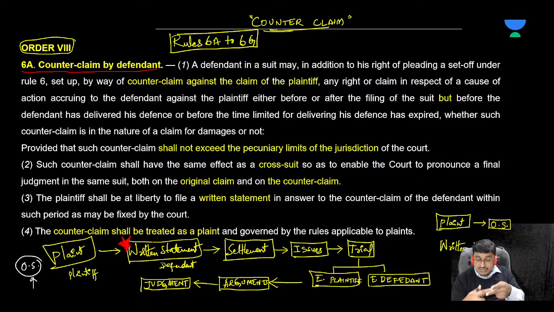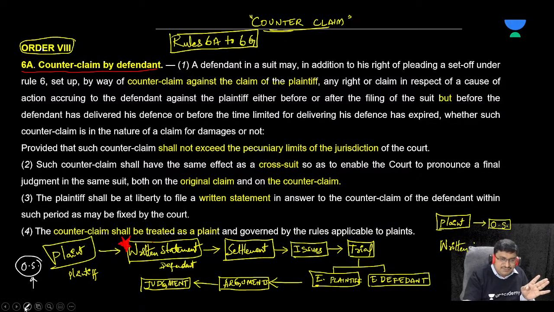Limitation has to be specially mentioned. Cause of action should be specially mentioned. A separate prayer can also be mentioned in the counterclaim, friends. Therefore, the counterclaim shall be treated as a plaint and it is governed by the rules applicable to plaints. Okay. Thereafter, friends,